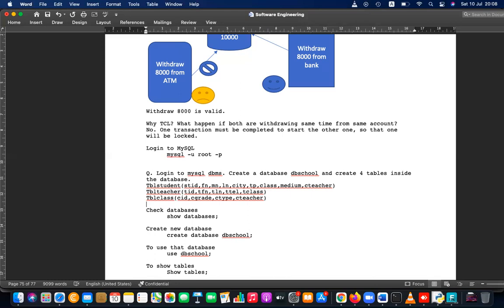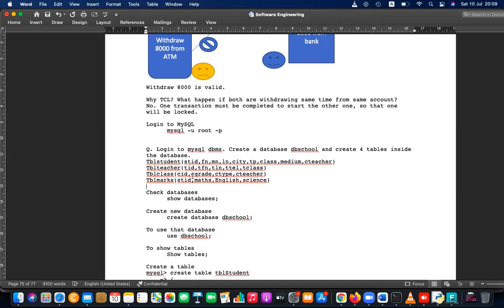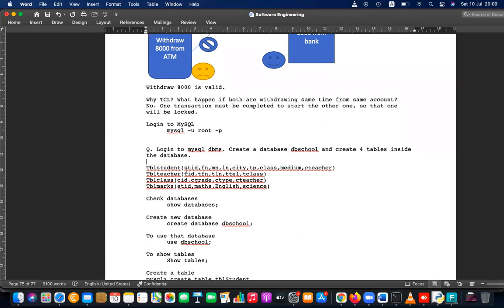Then create another table, TBL marks. In the marks table, you have student ID, and the maths, English, and science marks. And how does linking happen between the tables? The student ID is the primary key.